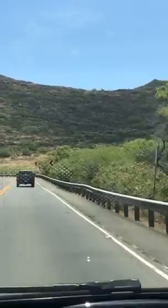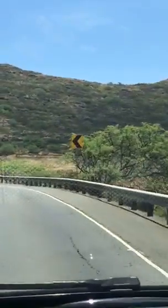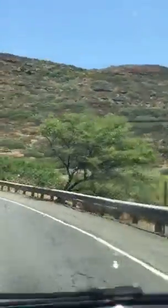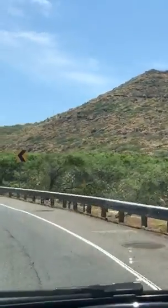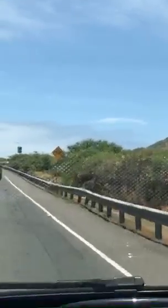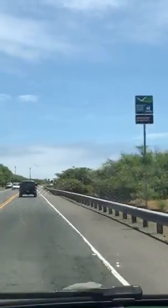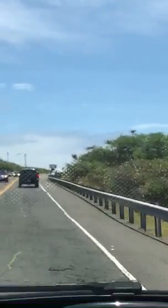Straight ahead now, this is the Makapu'u Lighthouse Trail. Maybe you can see the trail in the mountains over there. There's a little trail that goes around Makapu'u, and it's an easy walk. I wouldn't even call it a hike. It's an easy walk around this mountain or this hill, and then once you're on the other side, that's where